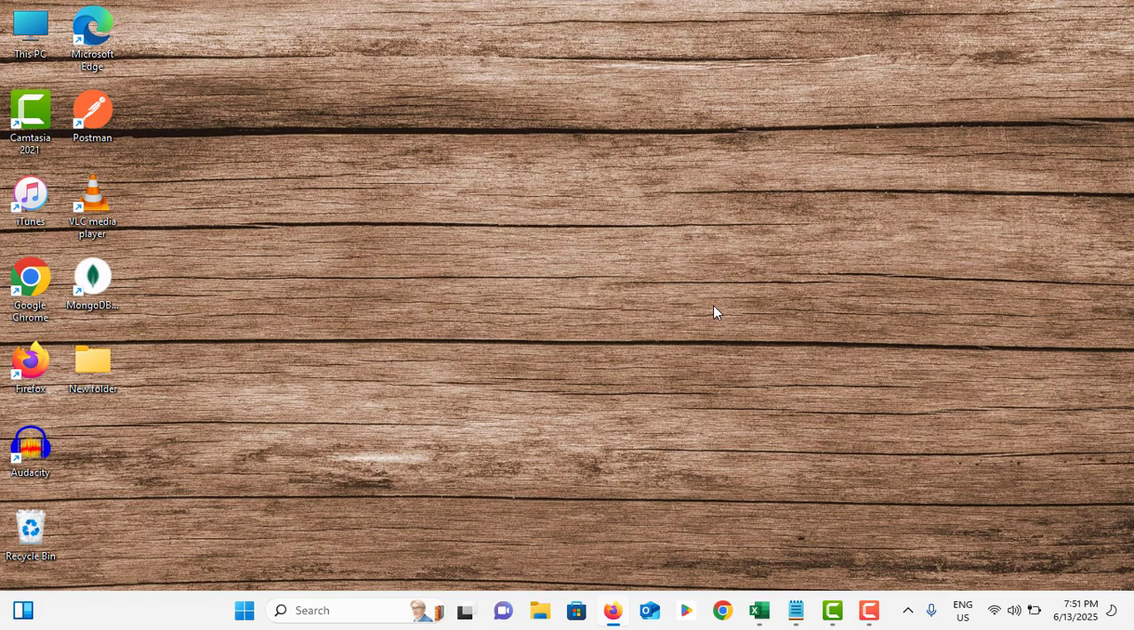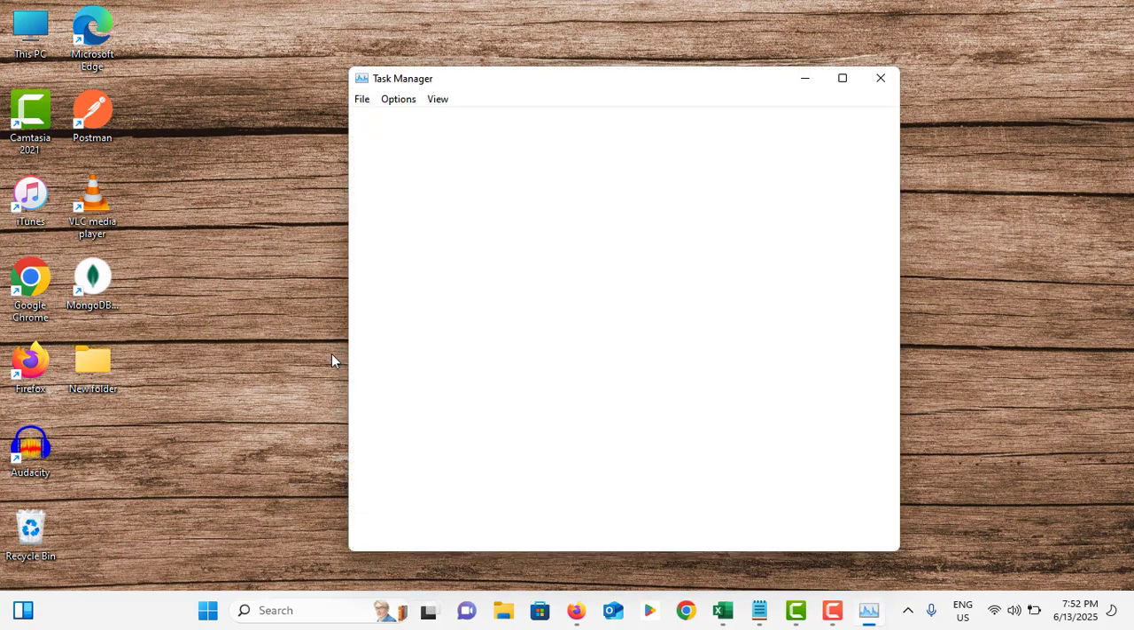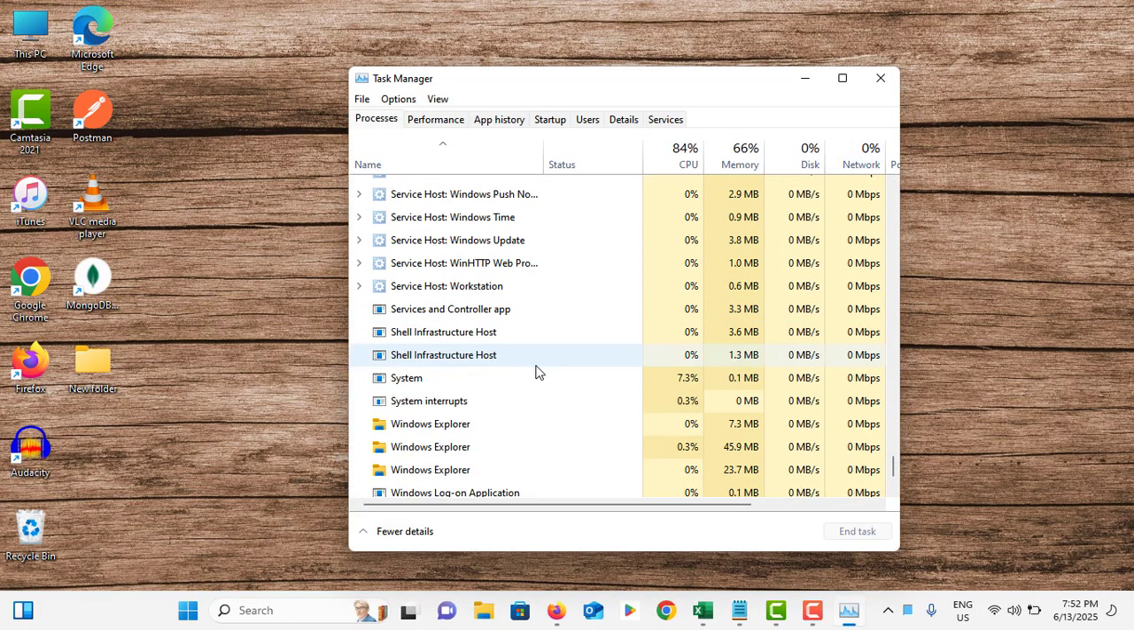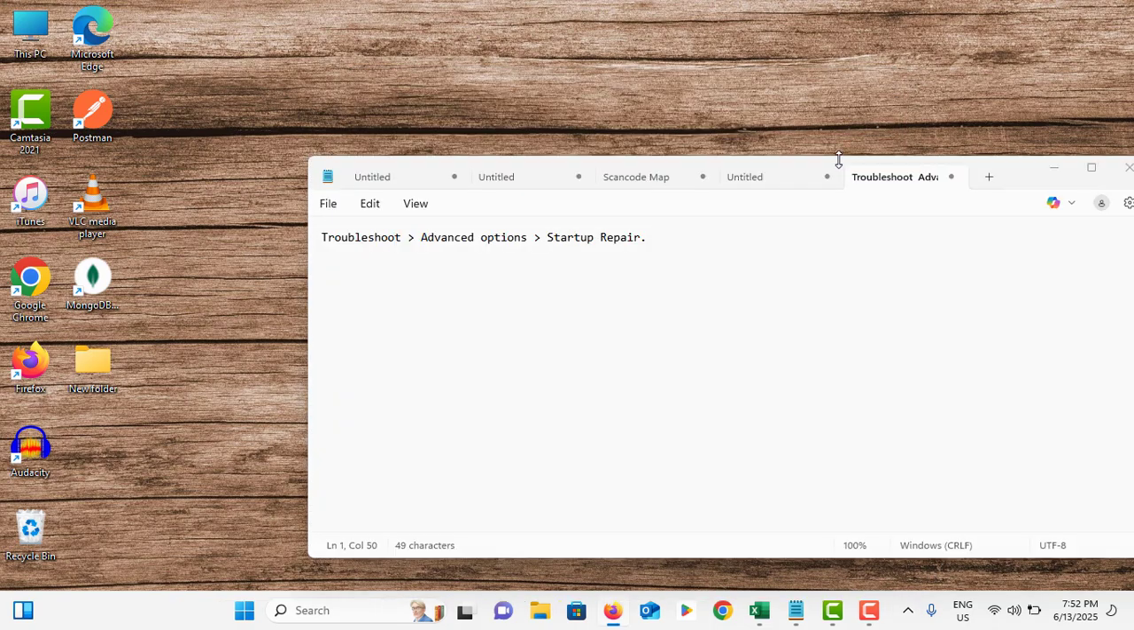And once you are in normal mode, not in boot mode, try to press Ctrl Shift plus ESC together, then it will open task manager like this. So you need to scroll all the way down, tap on Windows Explorer, tap on restart,